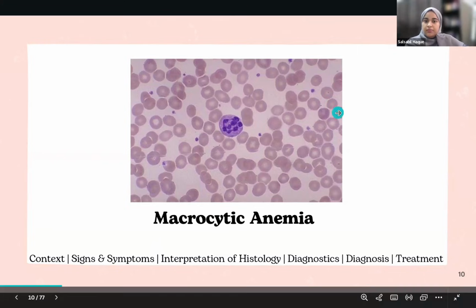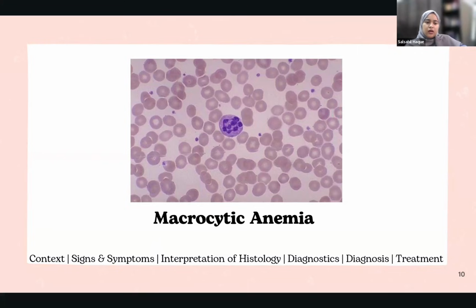So signs and symptoms are similar to anemia: fatigue, pallor. It could be normal symptoms of anemia or symptoms of the underlying disease as well. However, for B12 and folate deficiency, which are the two most common causes,